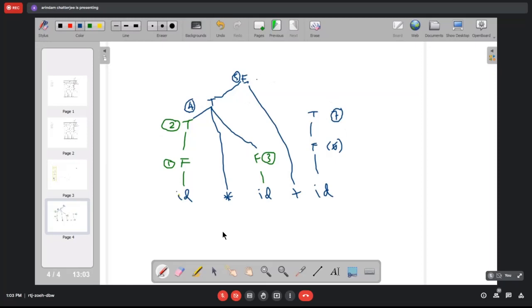And this was the 8th step in the reduction process.